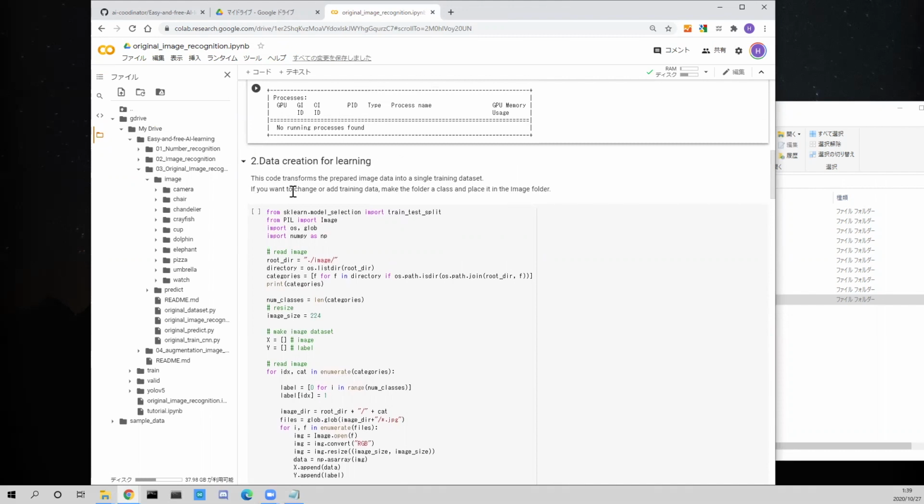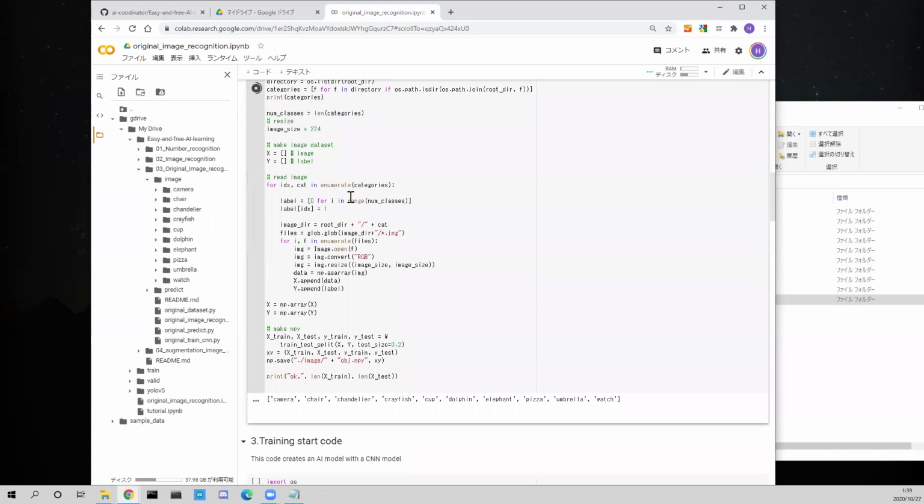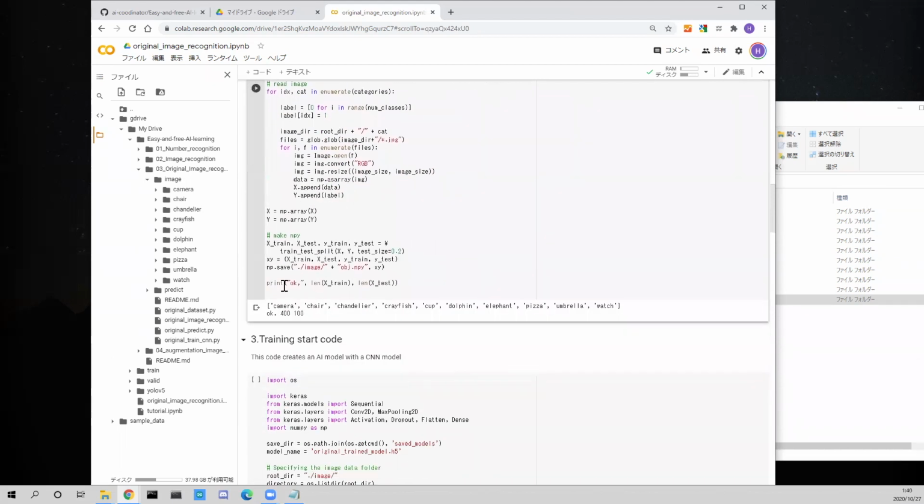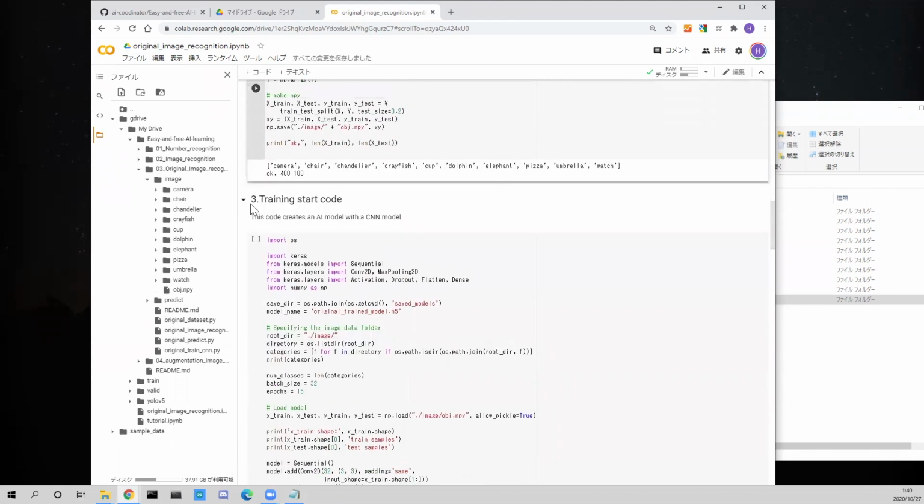If you want to change the training data, make a class folder and place it in the image folder. Run the code. Okay. Train image 400. Test image 100.